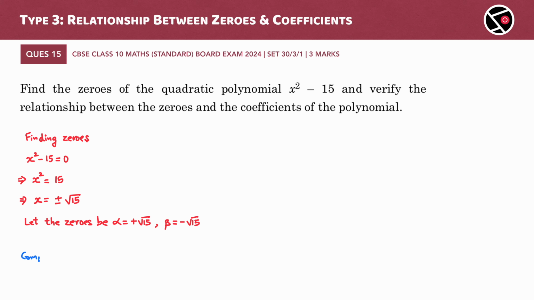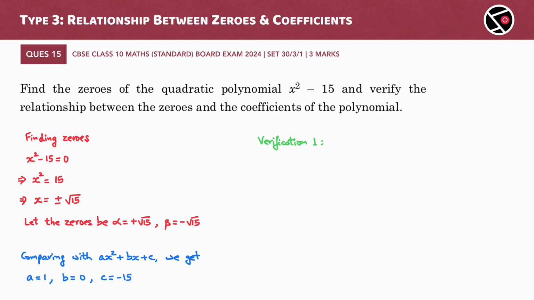Next, we compare the polynomial to the general form of a quadratic polynomial and identify the coefficients. Be careful here as well. There is no x term in x square minus 15. The coefficient of x is 0. So, a equals 1, b equals 0, and c equals minus 15. For verification,